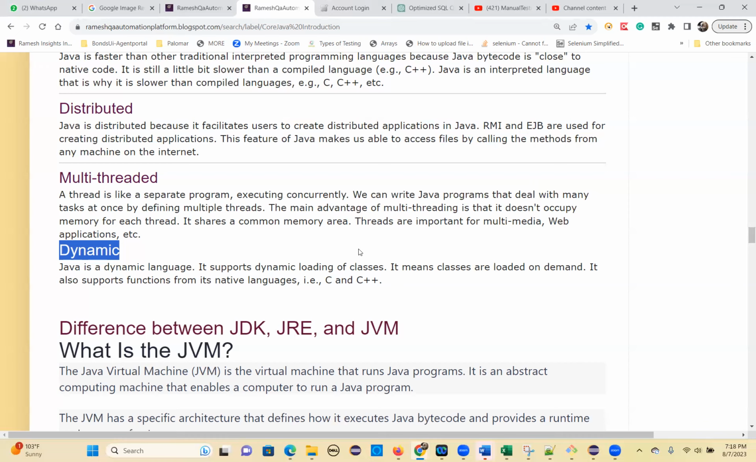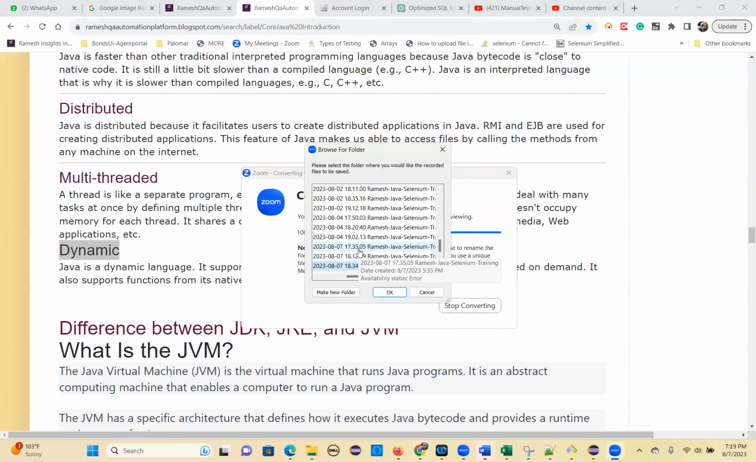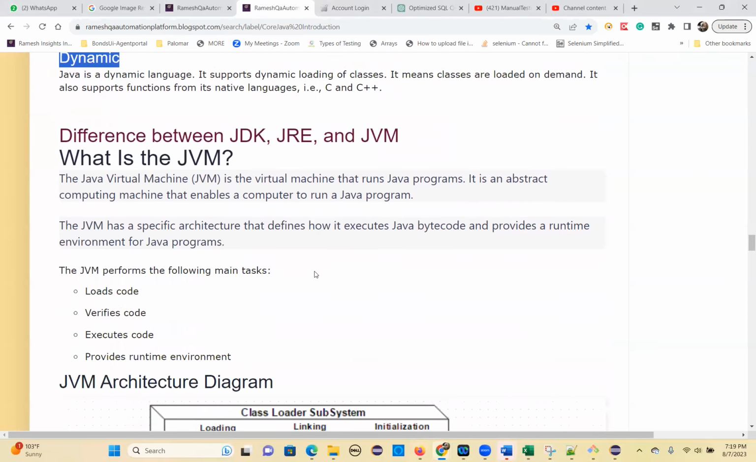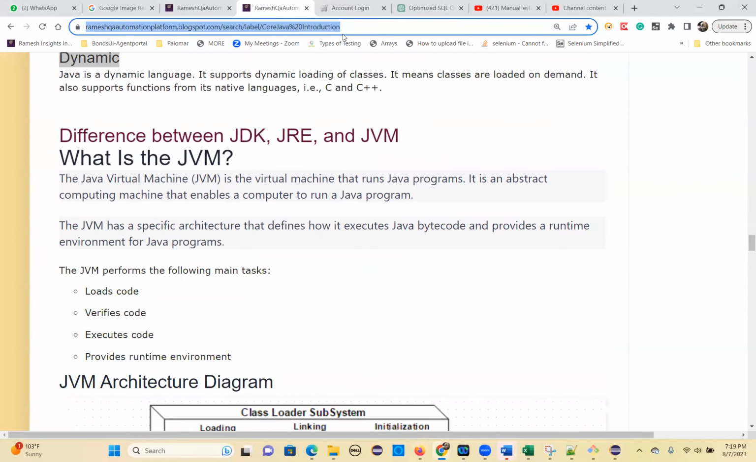Any questions on the features before moving on to JDK, JRE, JVM? Okay, no problems. If you don't have any questions, please go through this and note down